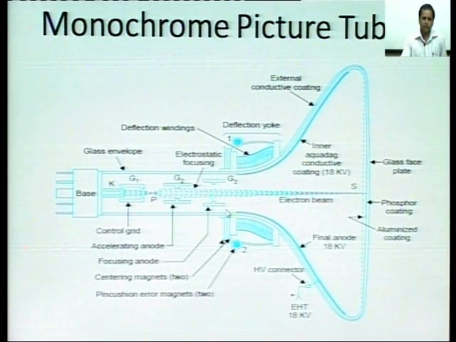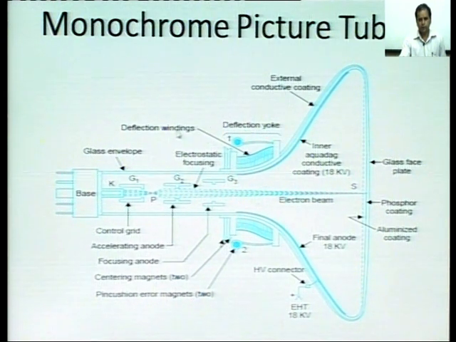centering magnets, and pin cushion error magnets, which are two in quantity. Then the high voltage connector, EHT, we will be discussing what EHT means. This is also called the final anode. Then the aluminized coating, phosphor coating, glass faceplate, and external conductive coating,